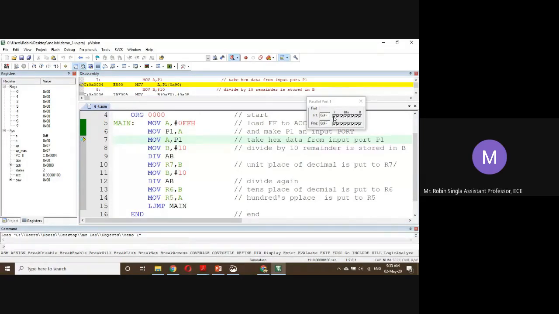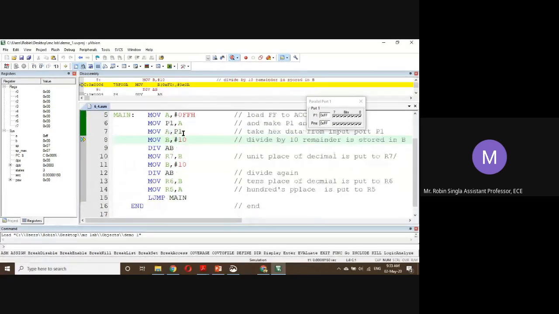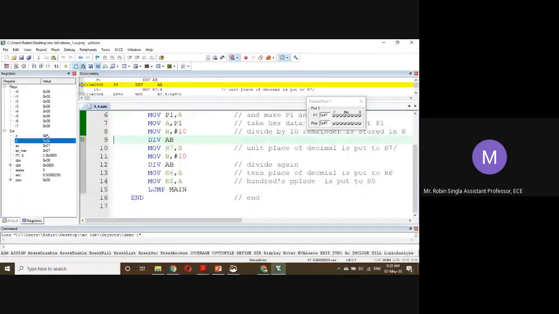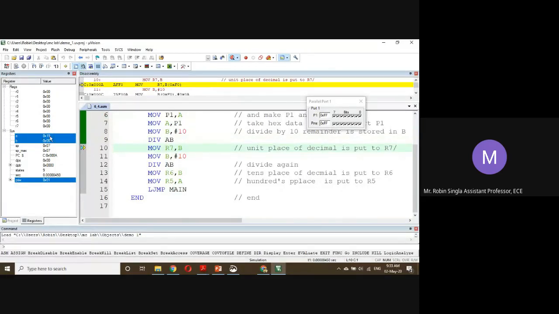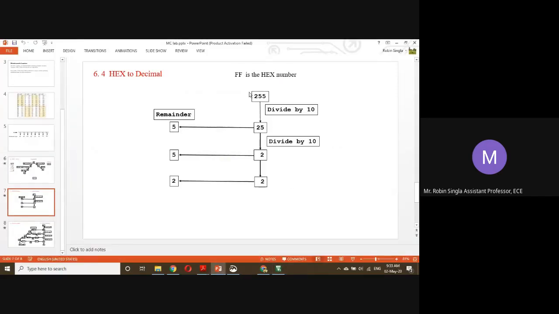We are giving FF at port 1. So A is loaded with FF, B loaded with 10, 0A. Now it will divide A by 10. The answer is 19 hexadecimal, which is 25 in decimal. Okay, so it divides 255 by 10. Answer is 25, remainder is 5.